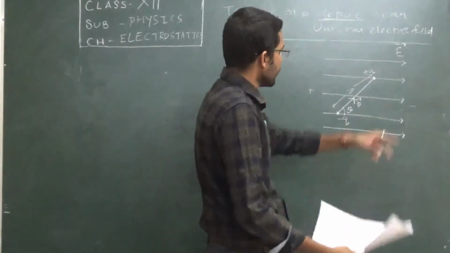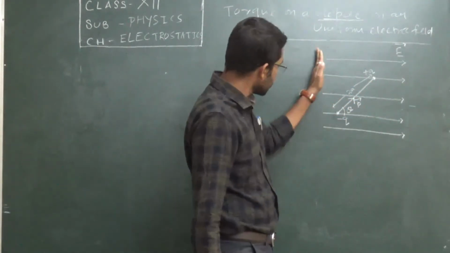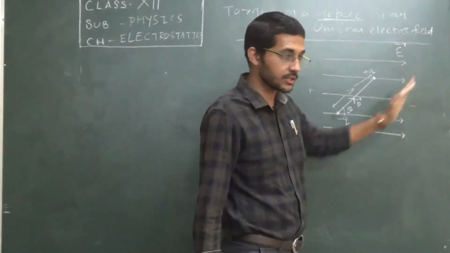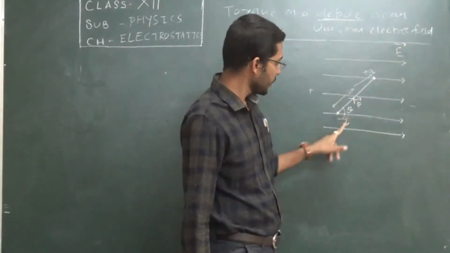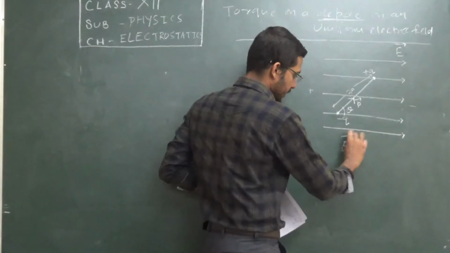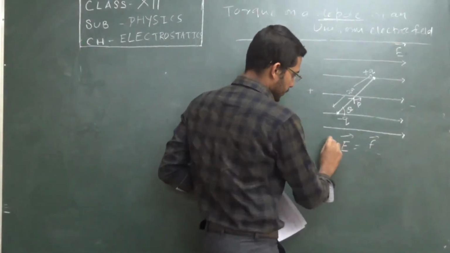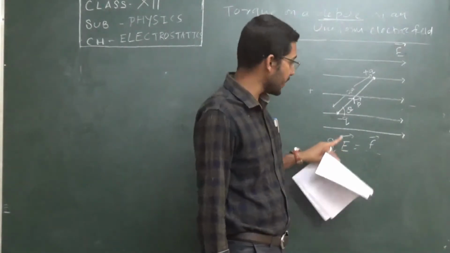So now, see here two charges are here. At this side you are getting the positive charges, this side you are getting the negative charges. So what will happen? The force due to this electric field on these charges, as we already read from our concept, E equals F upon Q. So F will be equal to how much? QE. So this amount of force is going to apply on two charges.